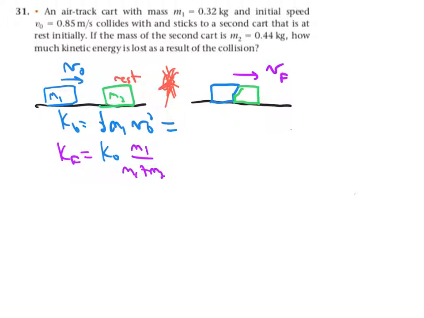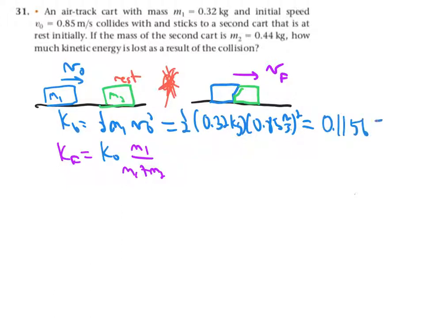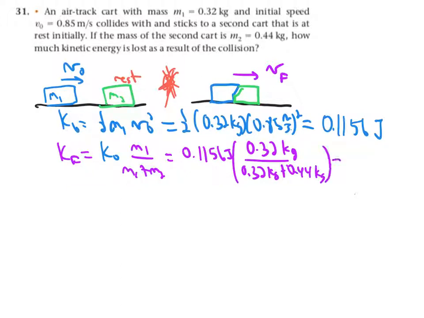So we can say that here we have 1/2 times the 0.32 kilograms times the 0.85 meters per second quantity squared, which is 0.1156 joules. And then down for Kf, we would have that 0.1156 joules times the ratio 0.32 kilograms over 0.32 kilograms plus 0.44 kilograms, which is 0.0487